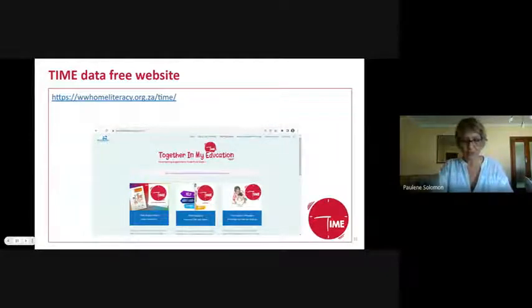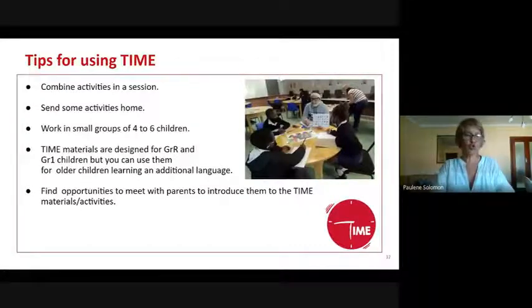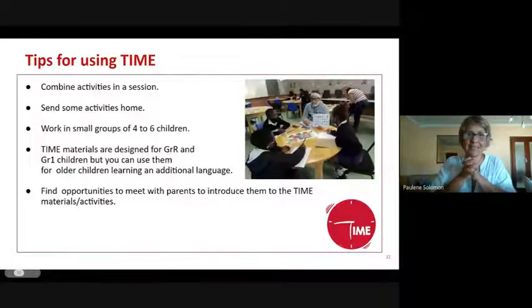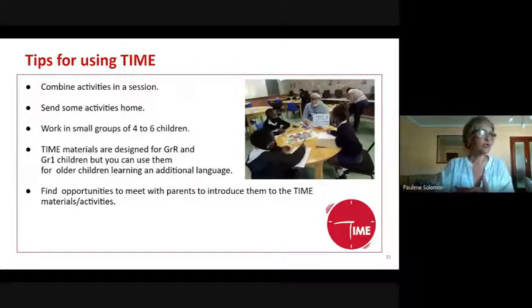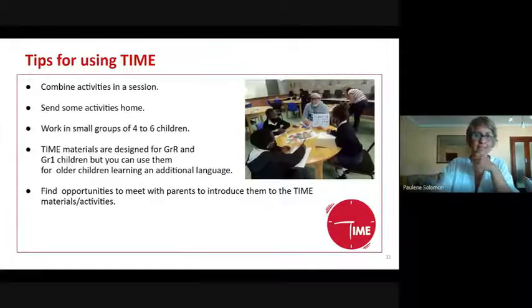Okay, so we're now going to just talk you through. We've got 2 slides because we thought you may benefit from ideas of how you can use time if you are a classroom assistant, or you're a tutor, or you're working with children in their homework time in the afternoon, or you are employed by an organization to work in an after-school program. While Katie was talking about the activity, she already gave some lovely ideas, and so you'll see them being repeated here. I'm just going to talk you through them.